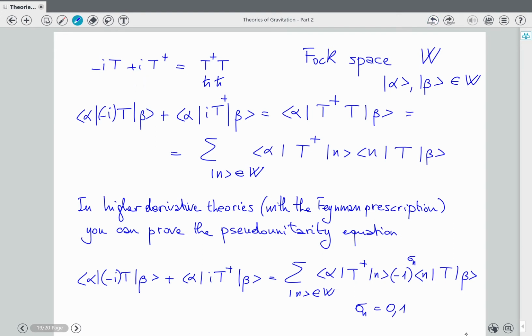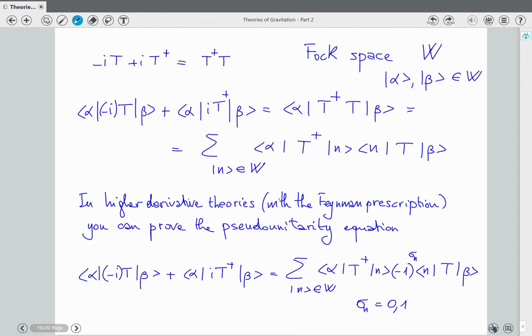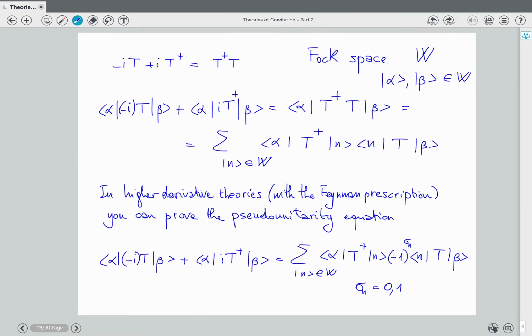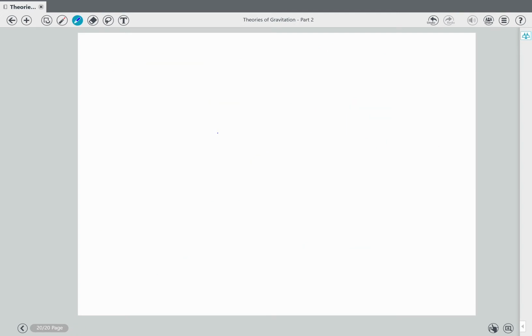So two loop, one loop, tree level, they mix with one another, which means that a projection of the in and out states, which is a tree-level thing, cannot be consistent unless it's checked that it is consistent with what you get from loop corrections. And the simplest case we can consider is the bubble diagram,